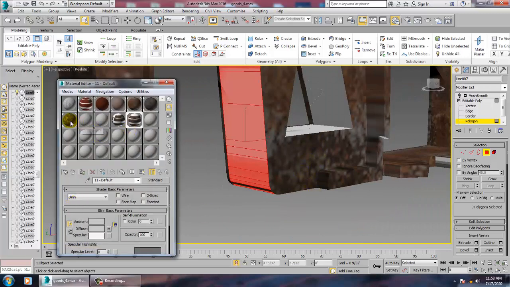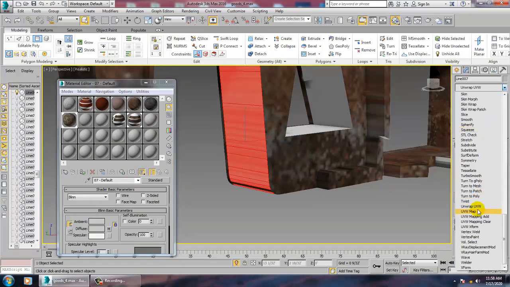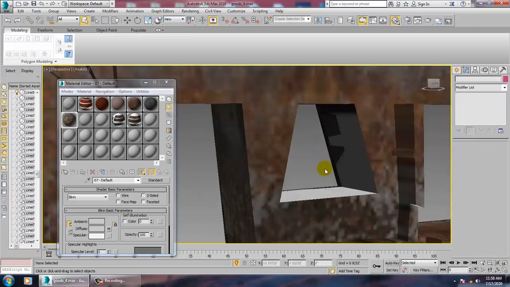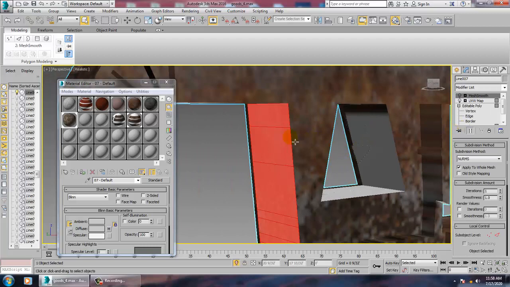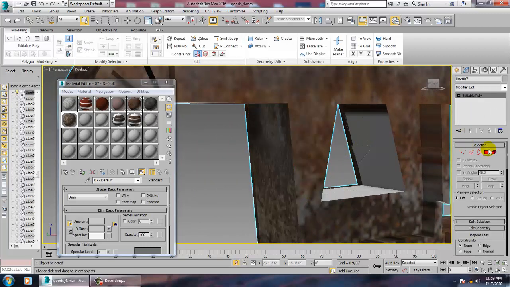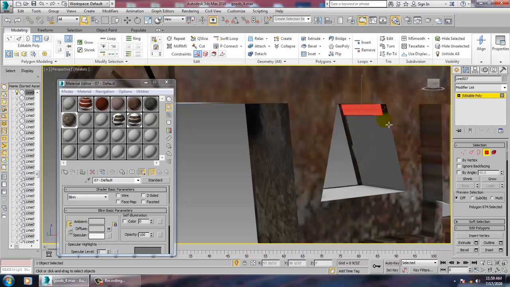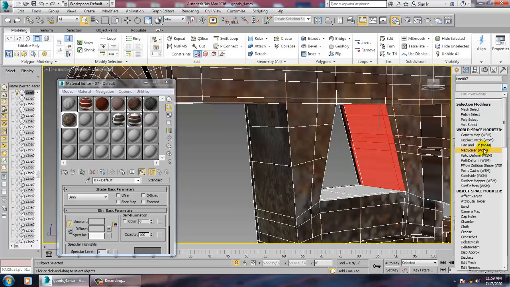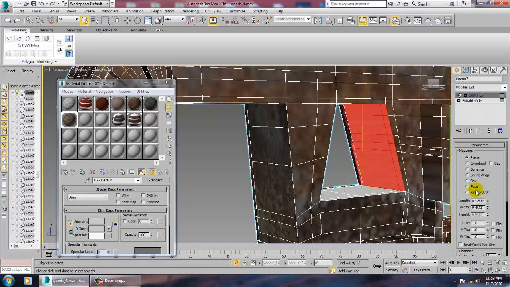Let's go into the material and let's just assign a material and let's give a UVW map to it. So select this, convert to editable poly, select this, the polygons over here, and let's assign the same texture, give a UVW map,